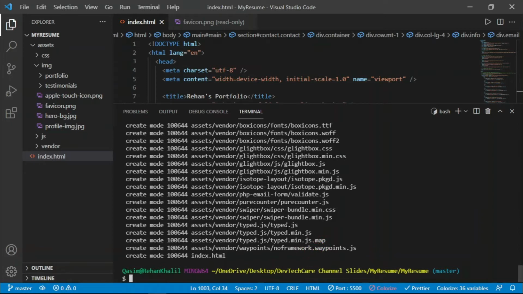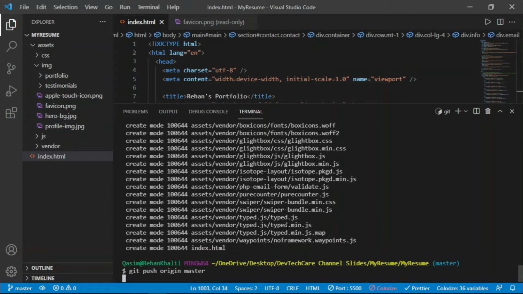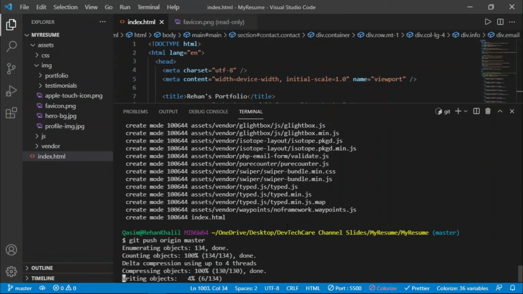Now I am pushing all the files to my GitHub repo. For this, you just have to write git push origin master. This command will push all your files to the master branch of your GitHub repo.